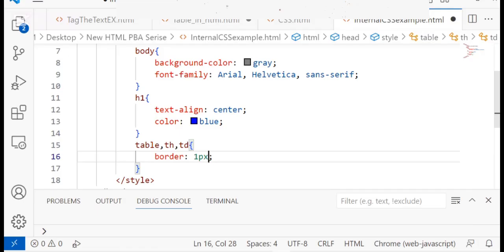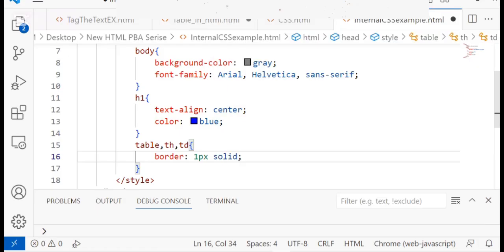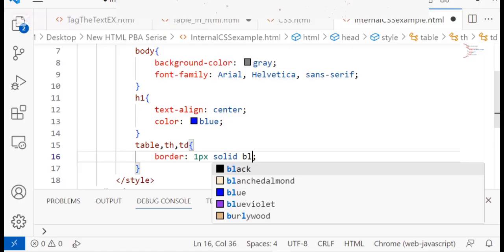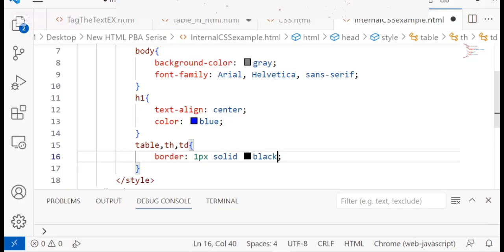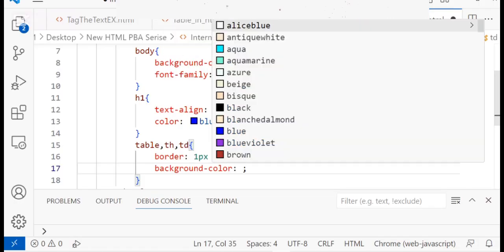So remember here I'm just going to apply border, and after that background color. Okay, we are just going to use background color like dark.